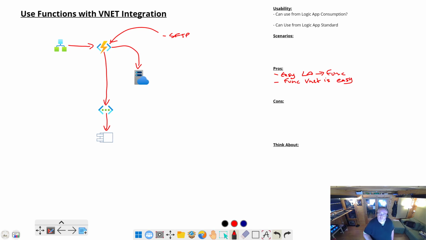That's really good. So number one, it's good for, especially I guess if you're thinking about even HTTP traffic where you didn't have a data gateway, you didn't have APIM, and you didn't have VNet support. You could spin a function app up and do some kind of HTTP proxy in your function app. So you could achieve that at a lower cost than doing API management if you had that requirement, but you didn't have the budget available to buy APIM, and you were maybe on logic app consumption, for example, instead of standard. So you've got quite a lot of